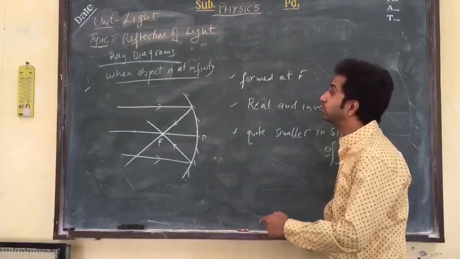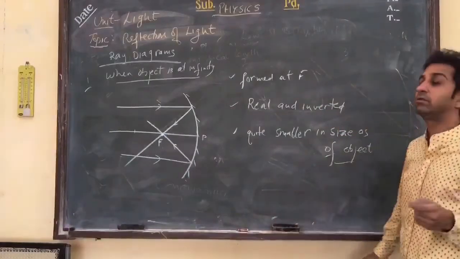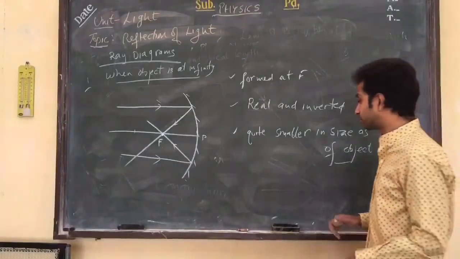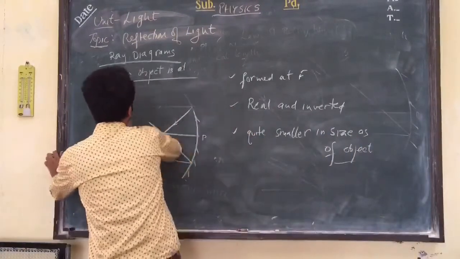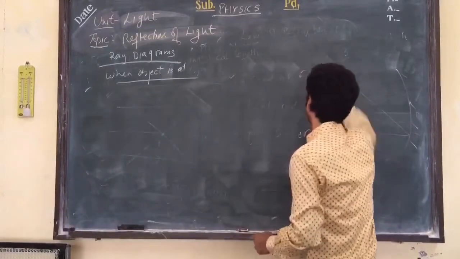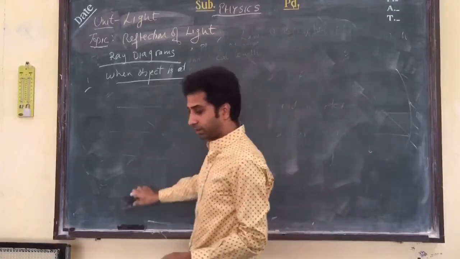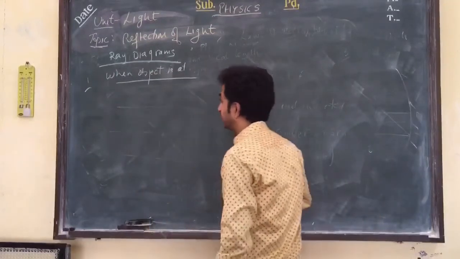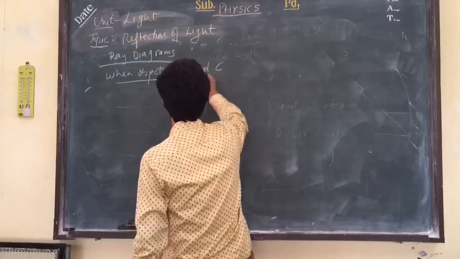So this is the first ray diagram. You need to practice hard with the ruler and pencil for these diagrams, right? Now, the second case I will continue. The object was very far away in the first case. Now, in the second case we are bringing the object somewhat nearer to the mirror. That is, our object is beyond the center of curvature, that is C.